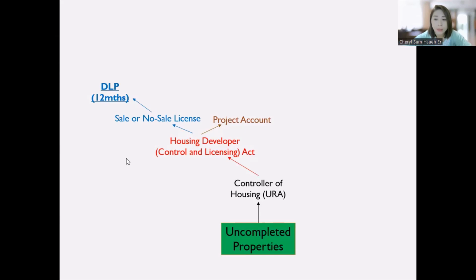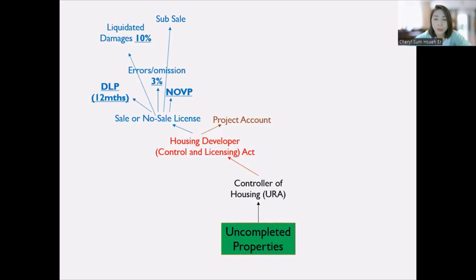DLP stands for defects liability period. We are just using short form to aid memory, 12 months. Liquidated damages, if the developers are late in delivering possession or legal completion, 10%. Errors and omission, 3%. Subsale,